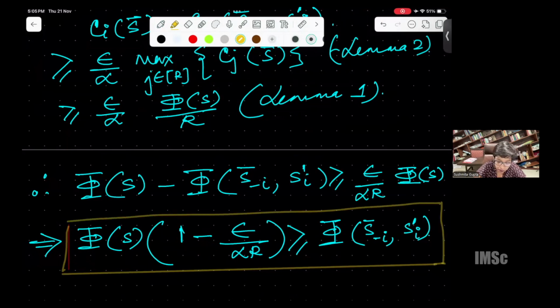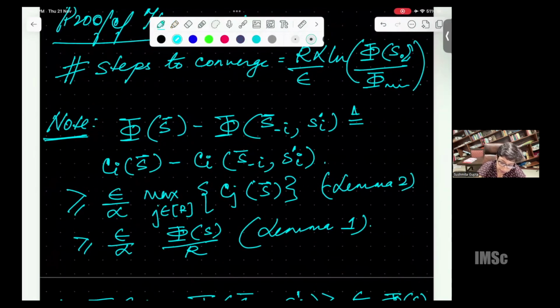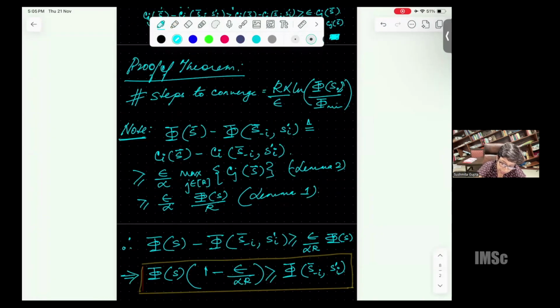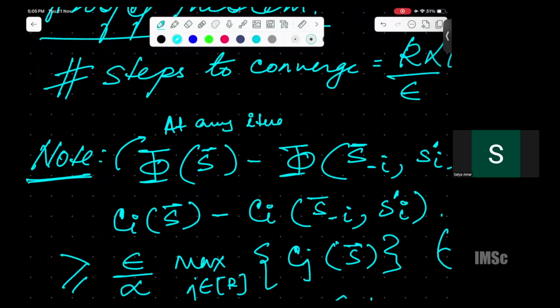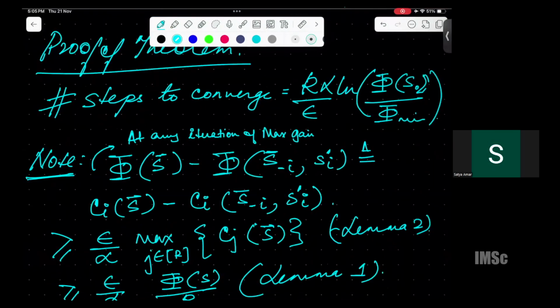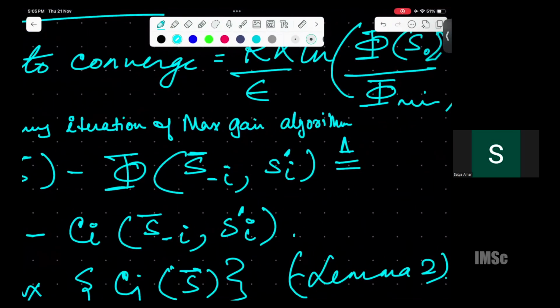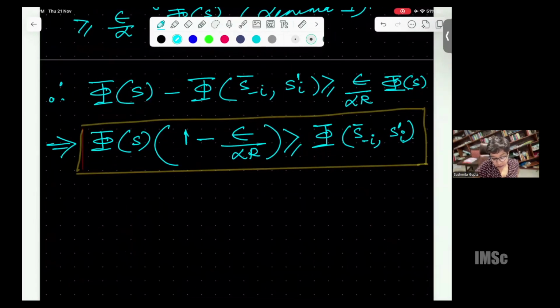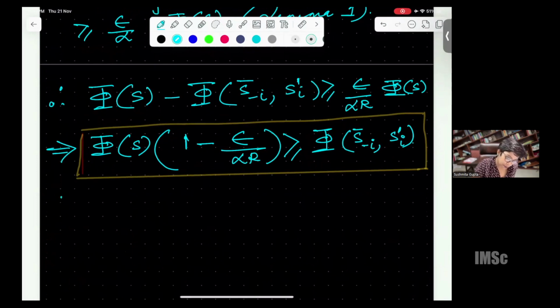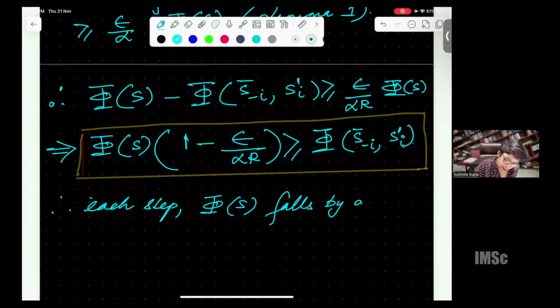I should have written, let's say at the ith, at any iteration of the max gain algorithm, this is the improvement you have. That phi of S, therefore, at each step, phi of S falls by a factor of